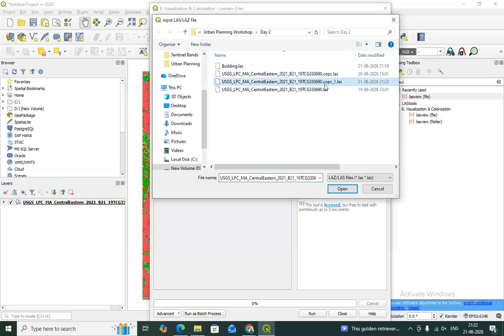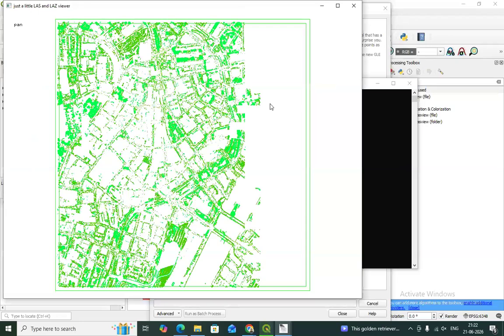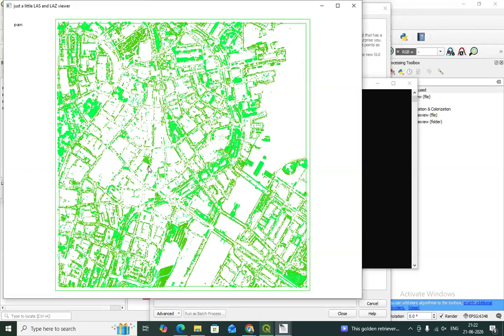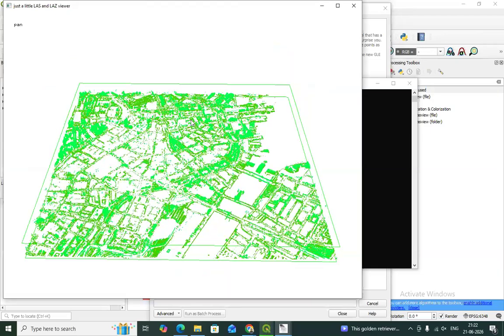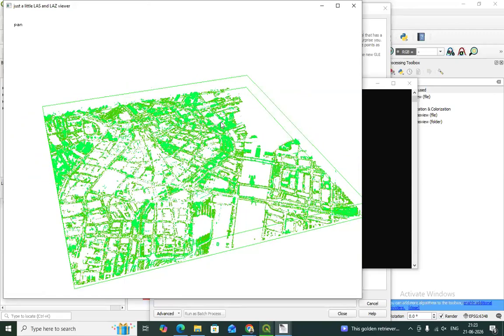Yeah, I think this one. I have not saved with any name, that's why it has automatically taken one name. So let's open this, run. Yeah, here you can only see the vegetation, just like the previous one. You were seeing the buildings, now you are seeing the vegetation part.